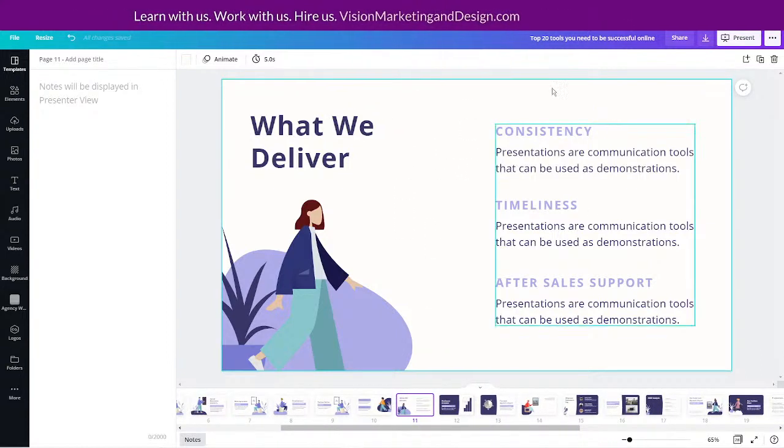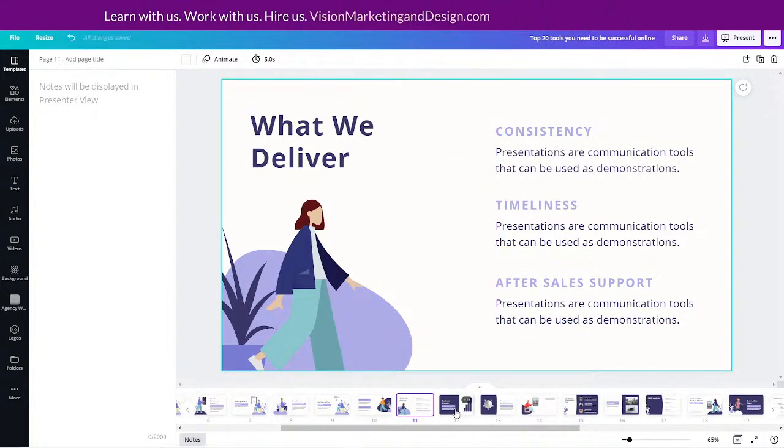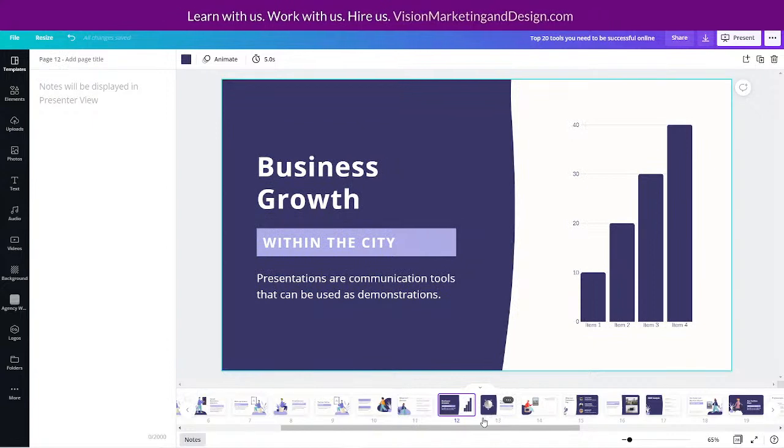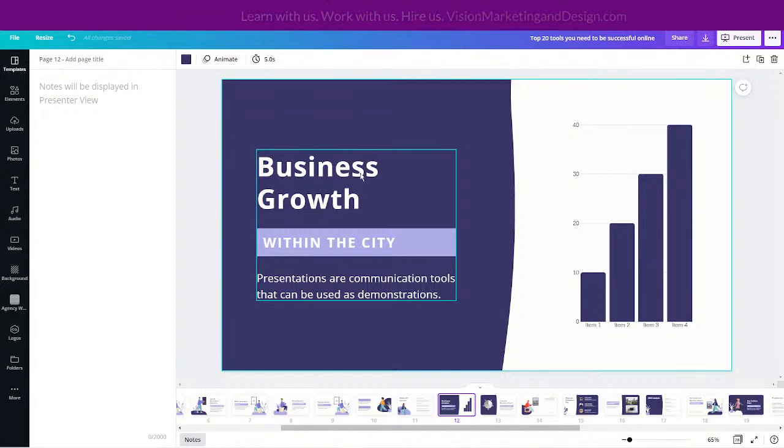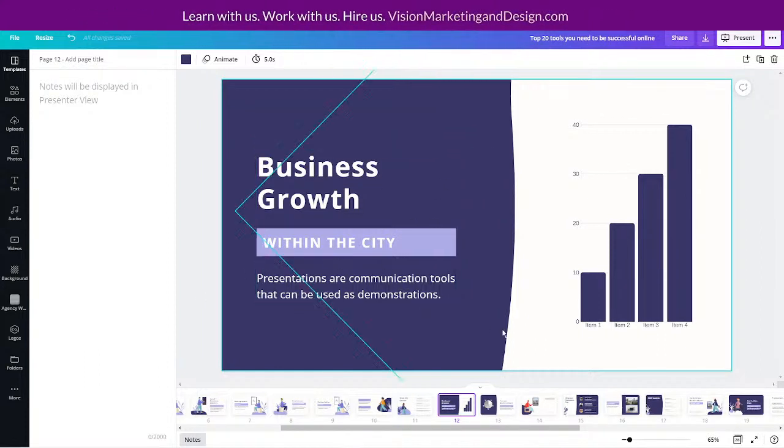So I kind of like this, but it's too much text really for the purpose of this slide. So really, this would be a good one, because then we could put website, or website builder, and then we could put average cost, and then we could put the information here. So that would be good. So I'm going to hold on that thought for a second.